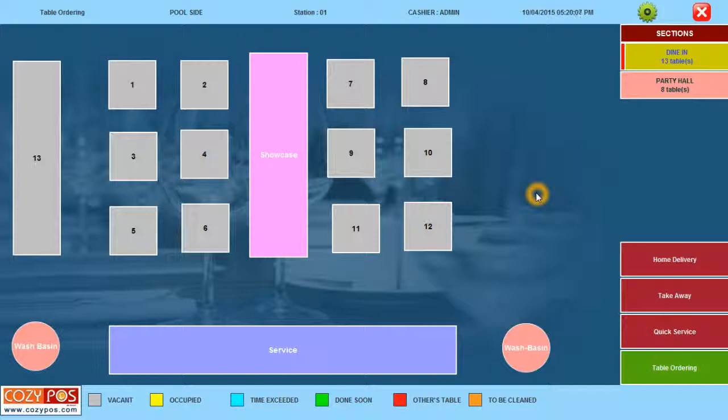Objects can be anything like service counter, kitchen, washroom, or even plants, trees, lamps, etc.